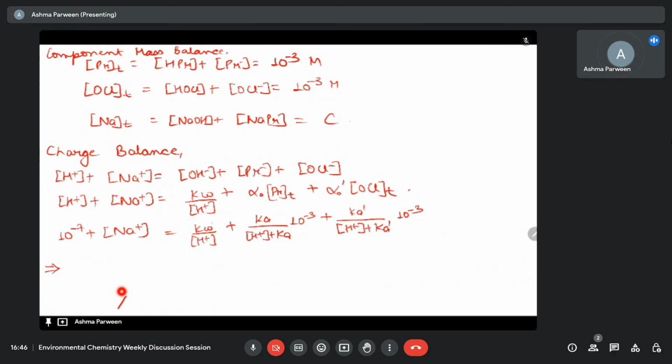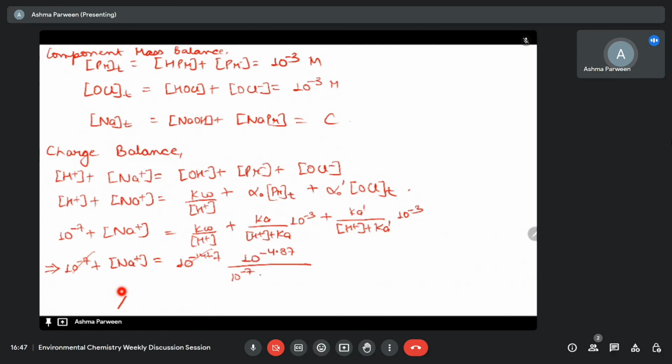So let's do 10 raised to power minus 7 plus Na plus. It will be 10 raised to power minus 14 plus 7. Any of these two will cancel out. And we will have to solve this where Ka is given as 10 raised to power minus 4.87 upon pH